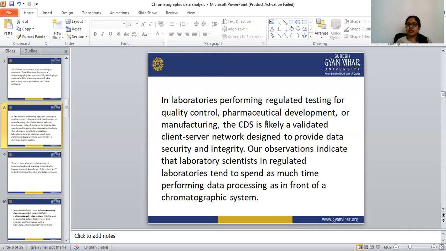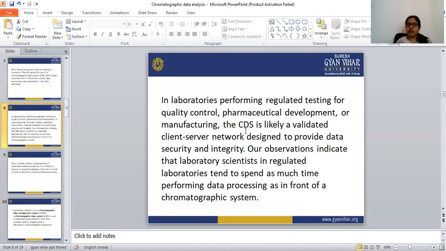So this CDS is a validated client-server network in the laboratory, in pharmaceutical development or manufacturing, and it is designed to provide data security as well as integrity.